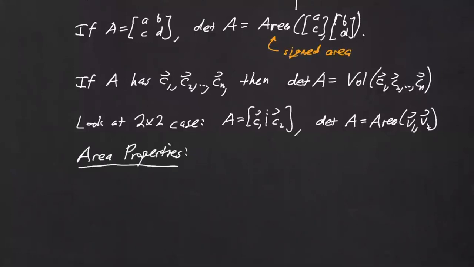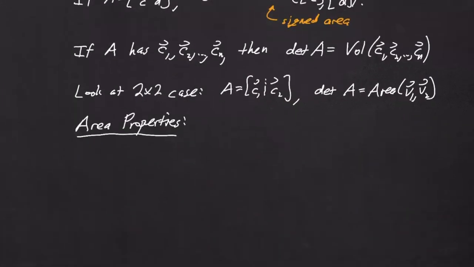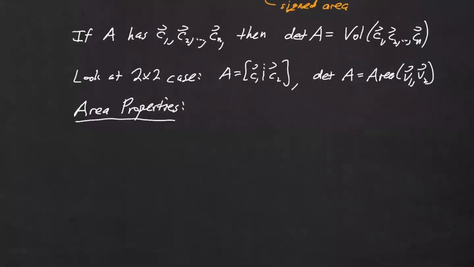The area of the parallelogram formed by V1 and V2 is what we're talking about. There's a bunch of properties of area which you might just have to think a little bit about, or I might have to draw a picture. But the first property